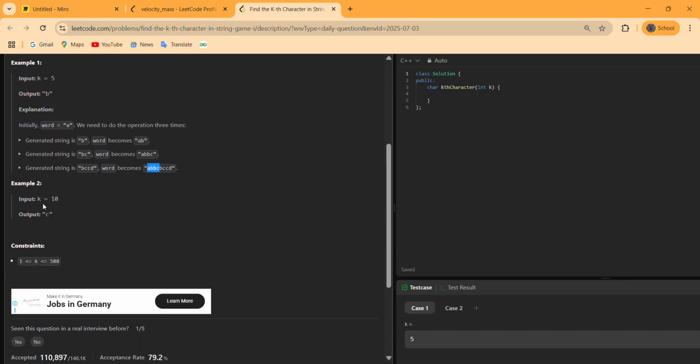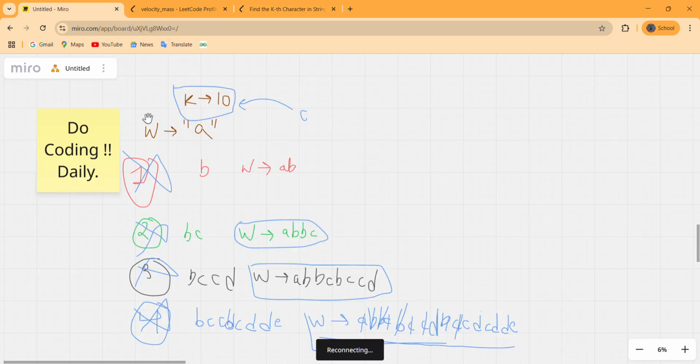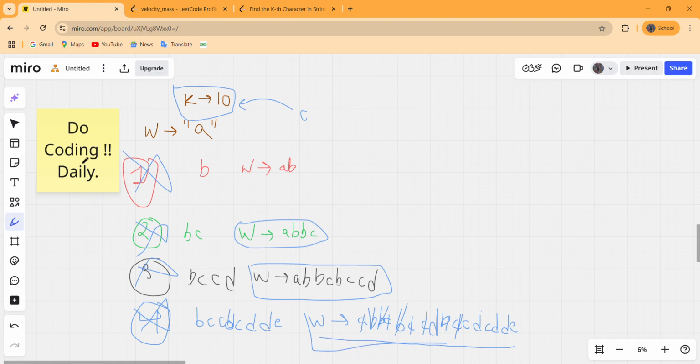For example 2, the input is k equals 10 and the answer is c. Let us check how. Initially the word is "a", and its length is not at least k, so we perform the operation. Performing the operation one time, the temporary string is "b", and after appending it the word changes to "ab".